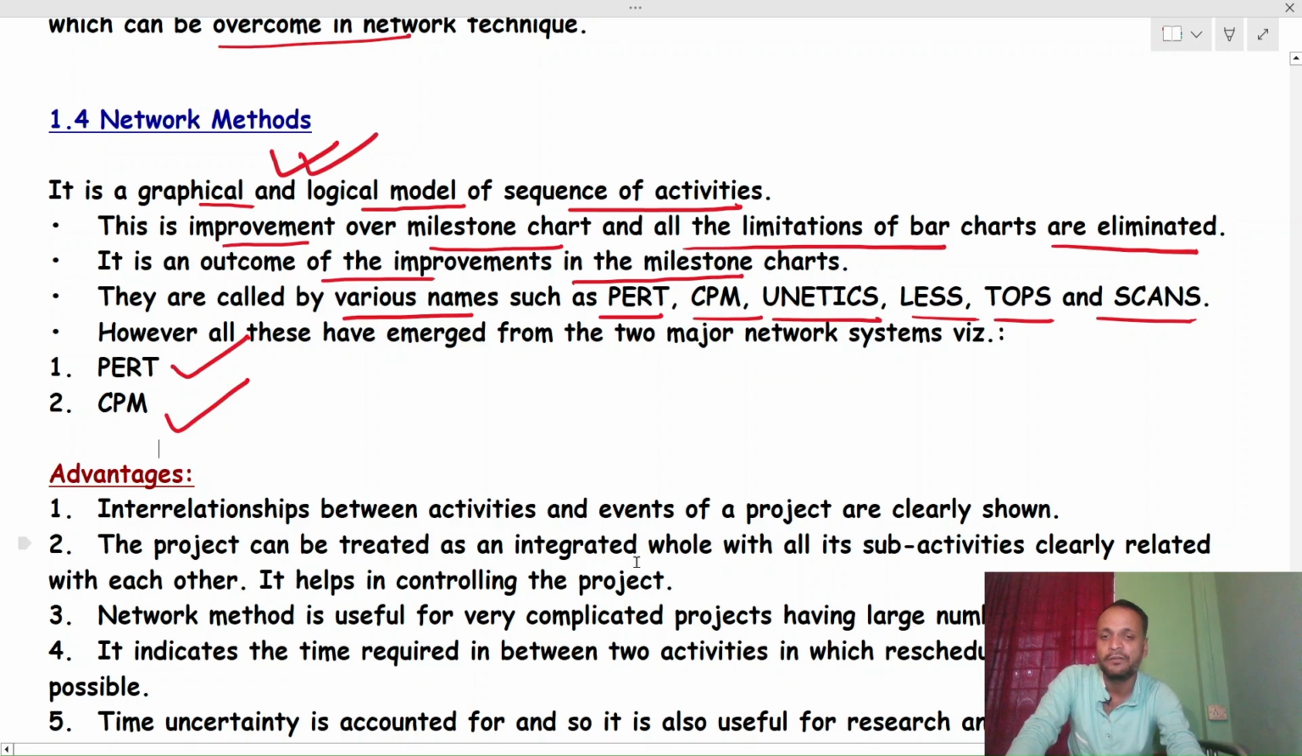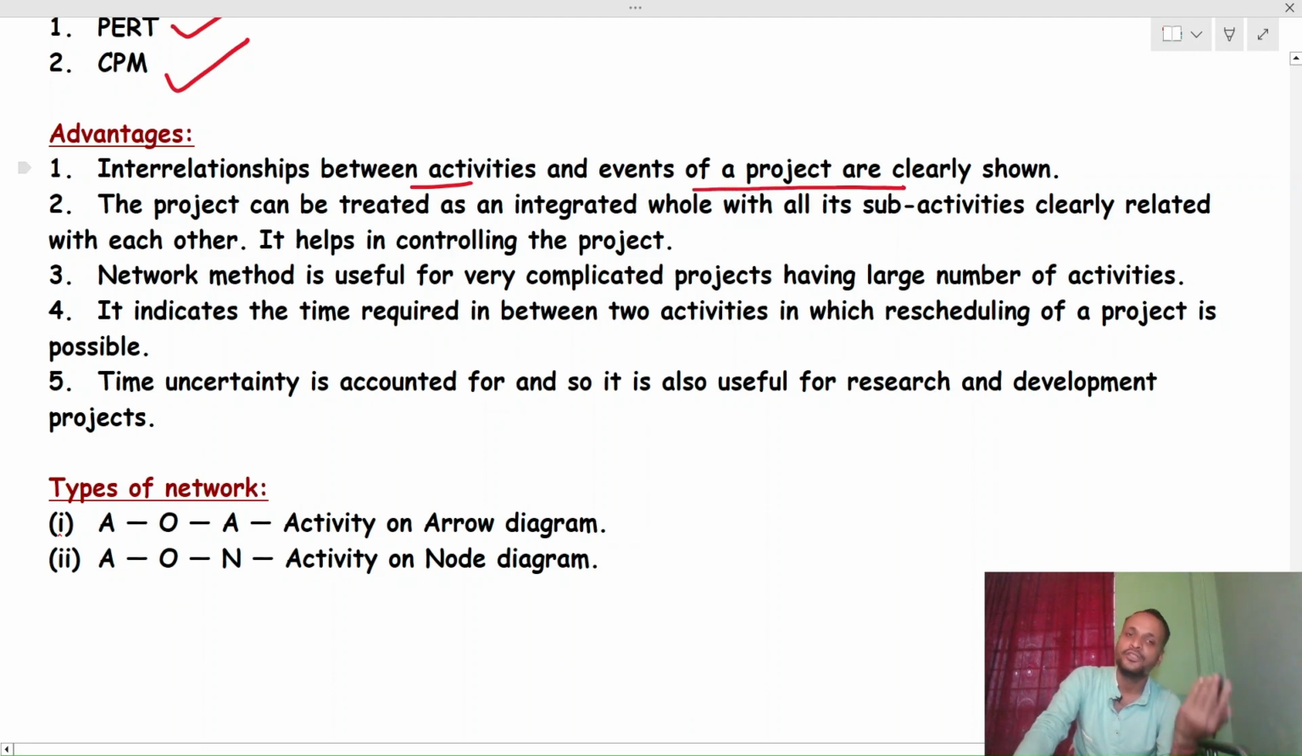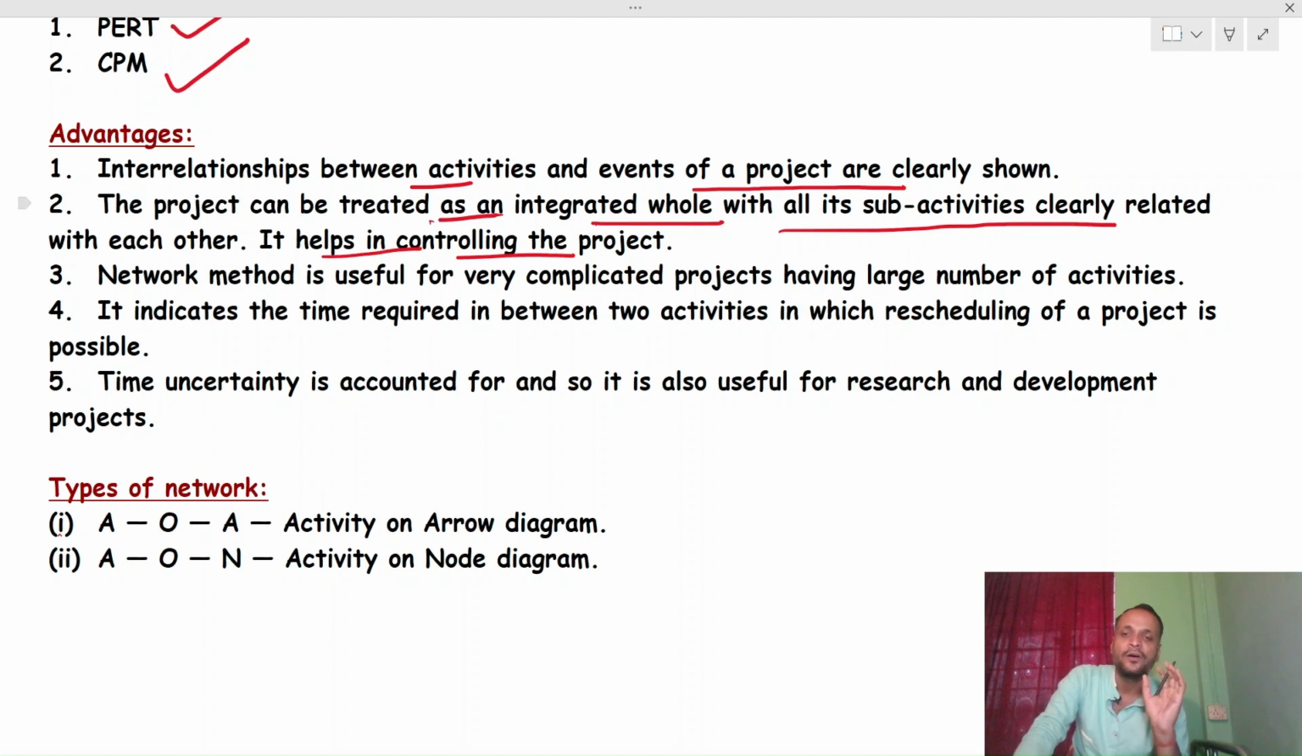So what are the advantages of network method is that interrelationships between activities and events of a project are clearly shown. जो हम bar charts में show नहीं कर पा रहे थे, interrelationships between activities and events, वो हम यहाँ पर clearly show कर पाएंगे. The project can be treated as the integrated whole with all its sub activities clearly related to with each other. It helps in controlling the project। सो इसमें सभी सब एक्टिविटीज क्लियरली रिलेटेड होंगे ईच अदर से, और प्रोजेक्ट कंट्रोलिंग में हमको हेल्प होगा।